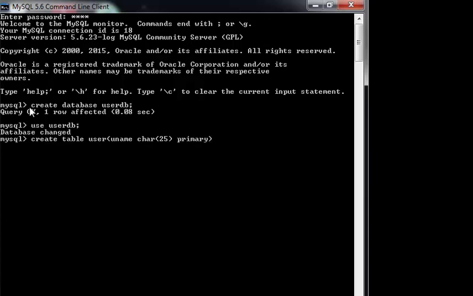I am declaring this field as a primary key. My second field is upassword, data type char with a maximum length of 10 characters. So I'm just describing my table here.